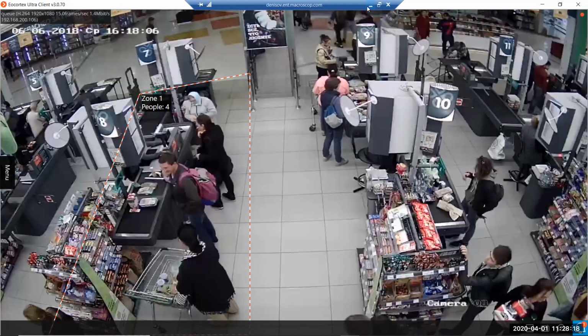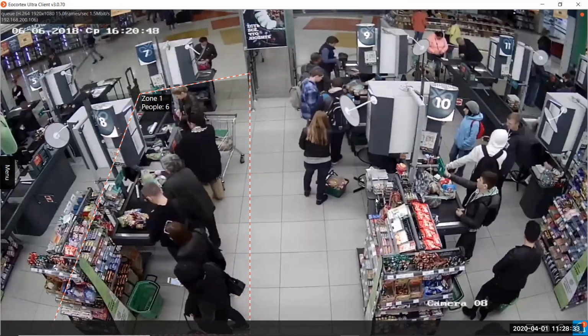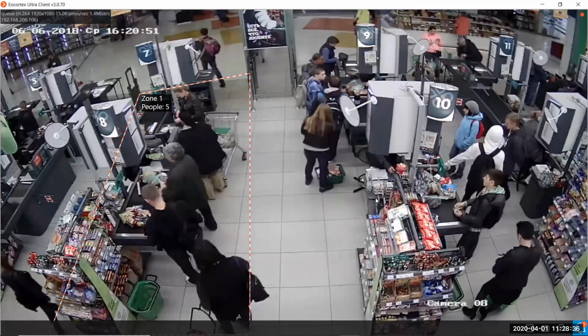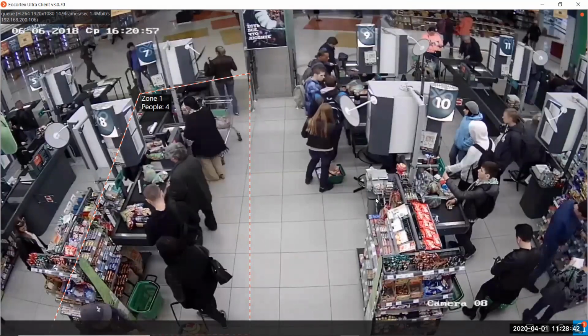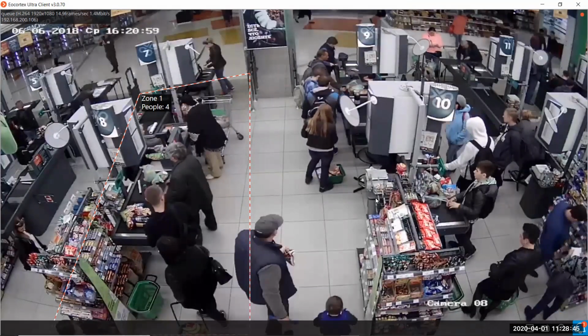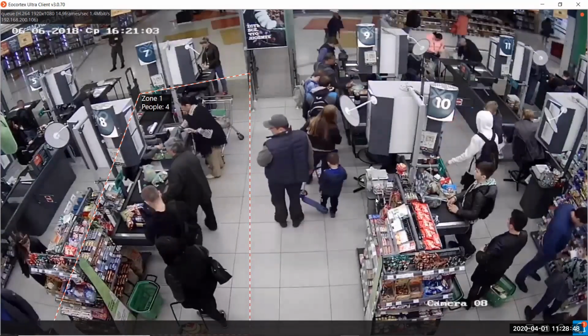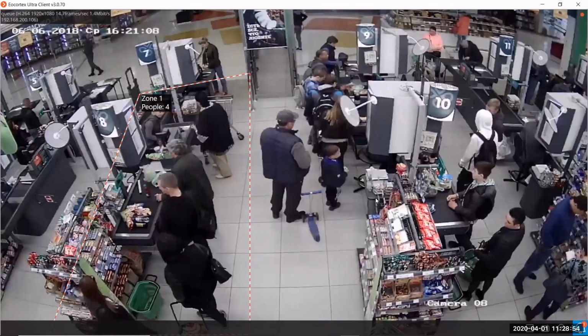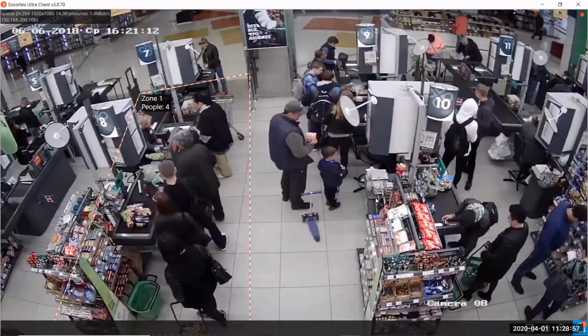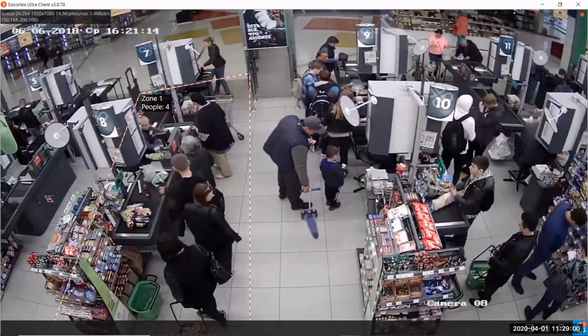Also, some modules have absolutely different requirements about the image. So that's why you won't be able to use these modules with high accuracy. For example, the people counting module, when the camera is placed strictly vertically, and counting in the queue module, where we see a totally different camera position. In this way, theoretically, you can use two modules at the same time, but the accuracy will be so low that it won't be useful in that case.